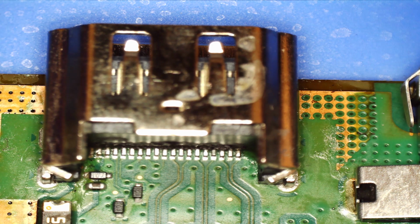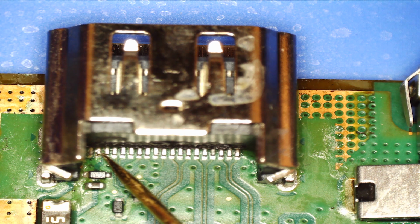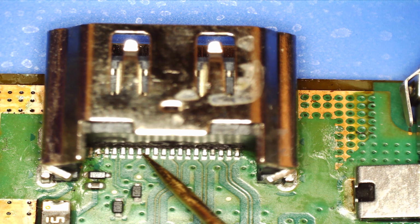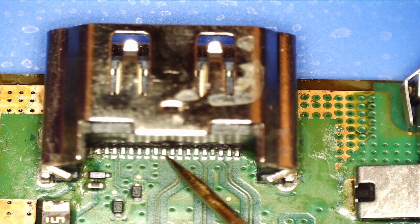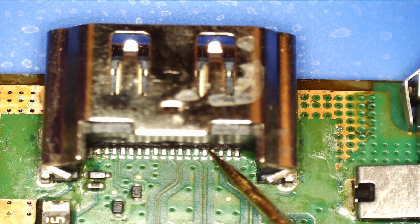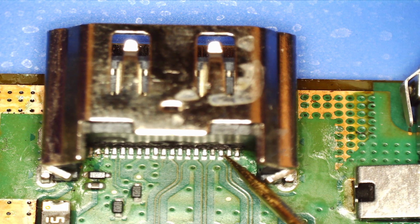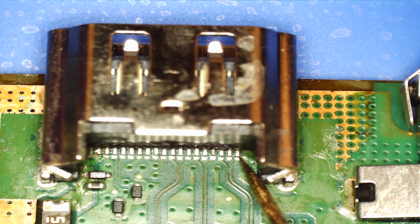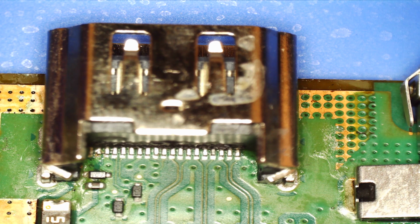I think they look all right, apart from this end one here. That's solid. None of them are loose so far. That one's good. That one's good. That one's okay. That one's okay. That one's okay. Okay. Okay. That one's okay. Final one. That one's okay. So my main concern is,